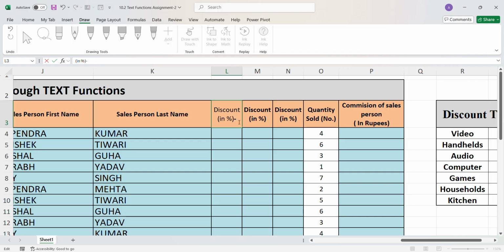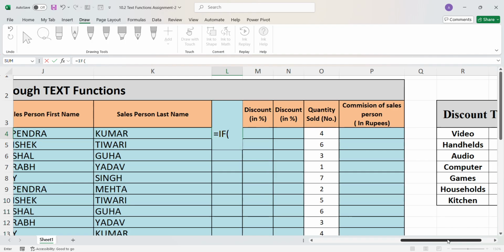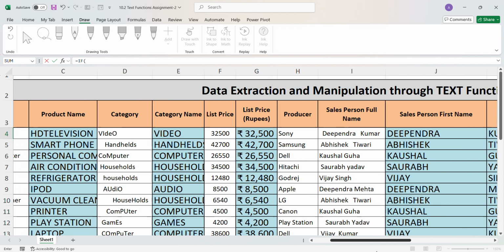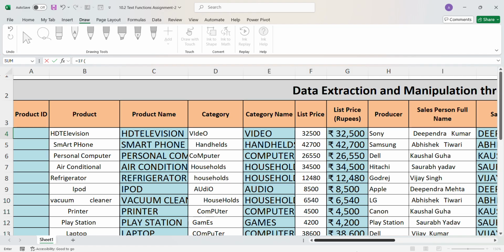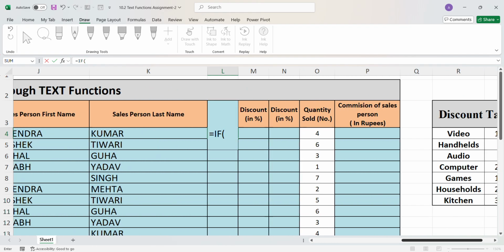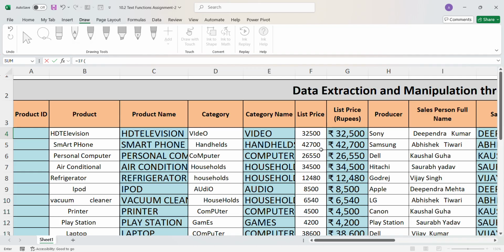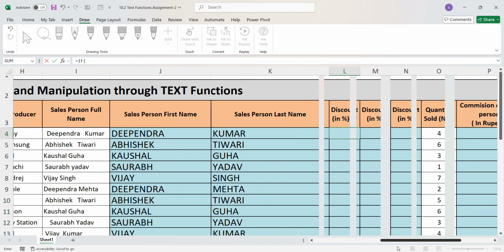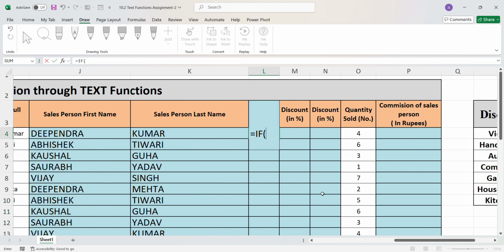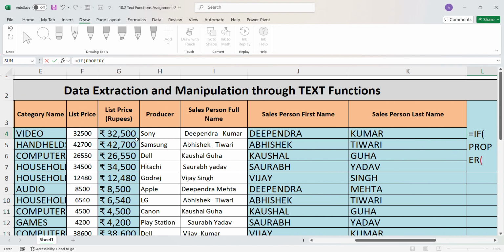Now what we have to do, we have to calculate the discount. Now this discount we have to calculate using nested IF, right? So what we do, we will say equals to IF. Now these are the various categories. We are having these categories in capital letters. So what we do, we will convert this into proper case. So we will say PROPER, IF PROPER of